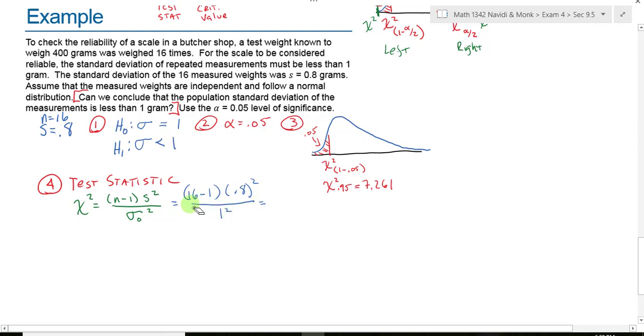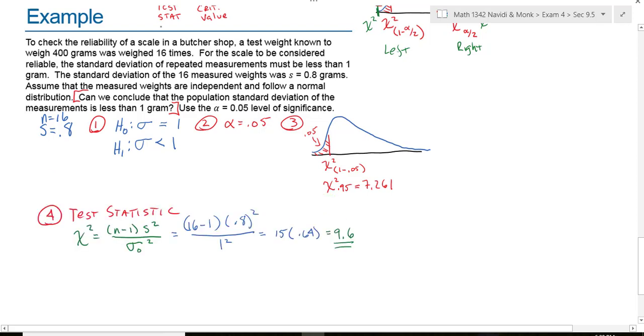So now we go to our calculator. 16 minus 1 is equal to 15 times 0.64, because 0.8 squared is 0.64, and you divide that by 1, it's just that. So what is this going to be? So that means that our test statistic is chi-square equals 9.6. If I were to plot this number on the graph, would it be to the left of 7.261 or to the right? It would be to the right. So our test statistic falls right here, 9.6,